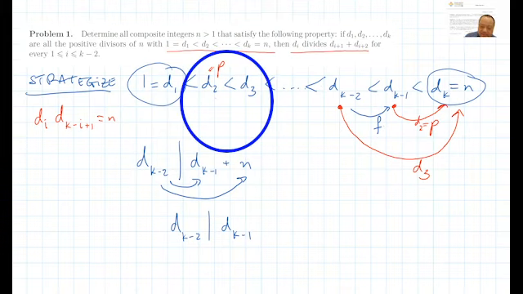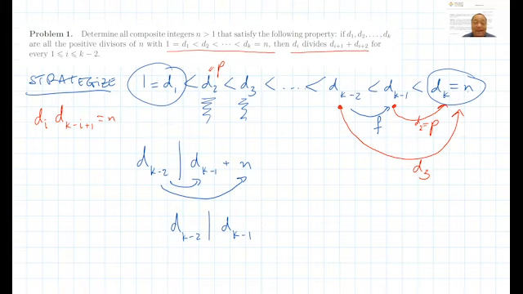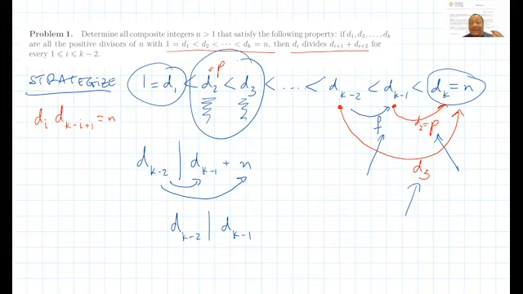Because this is the smallest divisor, and this is the second smallest divisor, then where does this factor f fit into this? Because remember, f is a factor of n as well. So this is a divisor, this is a divisor, this is a divisor. And between the three of them, they have to fit in two spots. Pigeonhole principle says that two of them got to be the same. Well, d2 and d3 cannot be the same by hypothesis. f and d3 cannot be the same